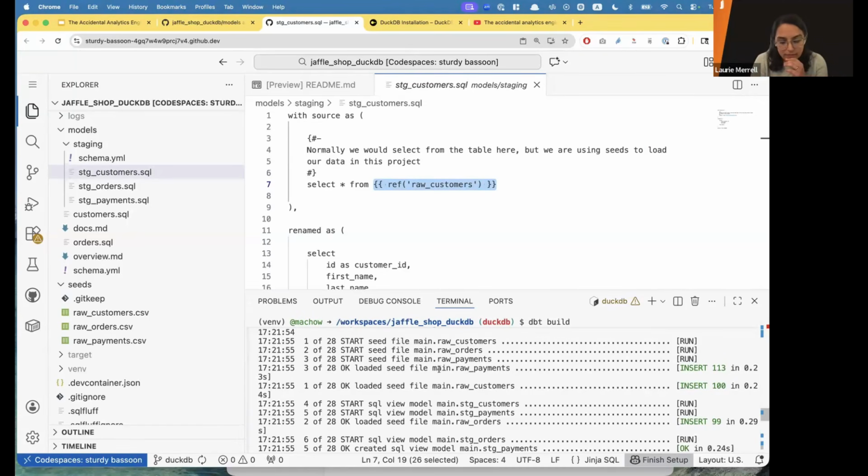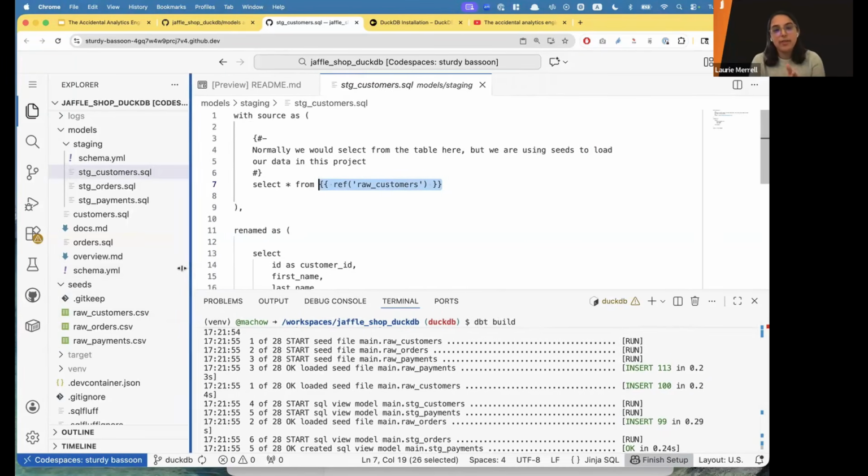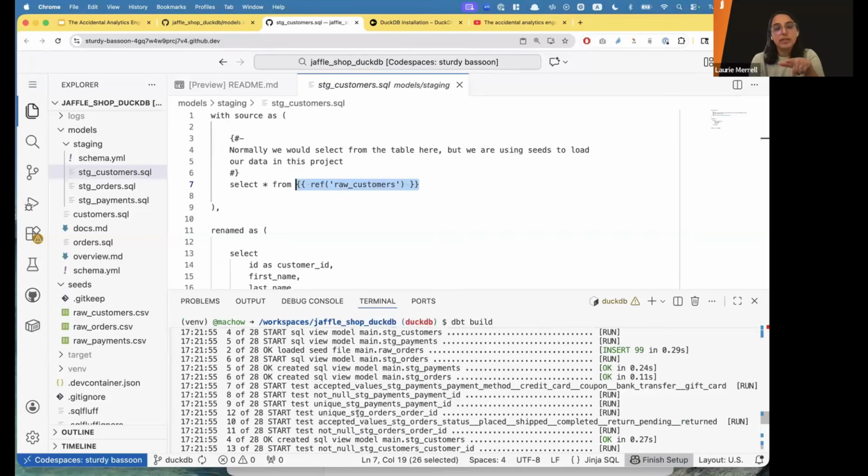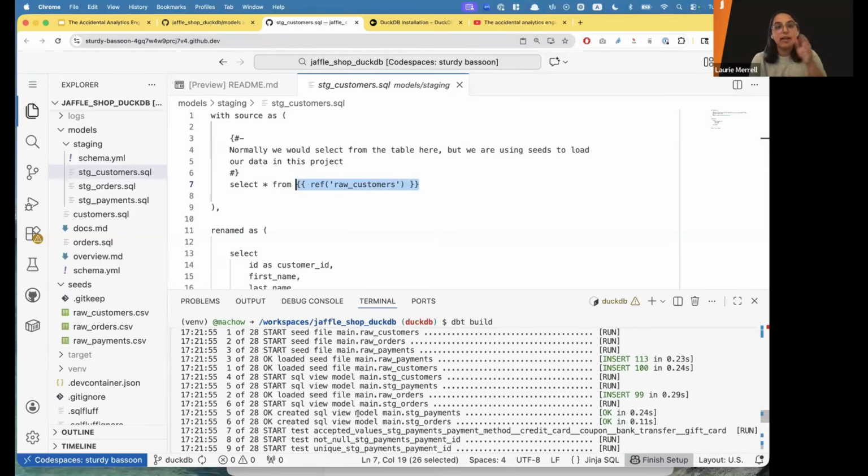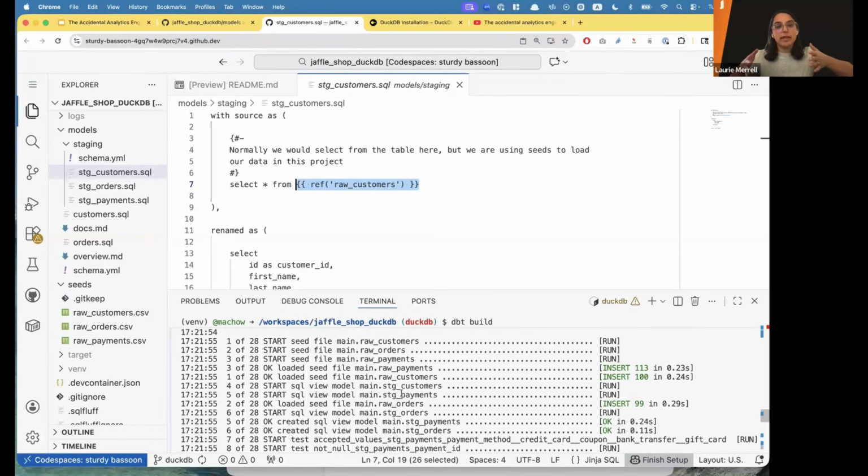And the other thing that's important about this is you can see it's just saying ref raw customers. It's not specifying a full table name in the database. It's not saying from duckdb dot schema dot table name. It's just giving the name of the model within the DBT project. And so this is doing two things.